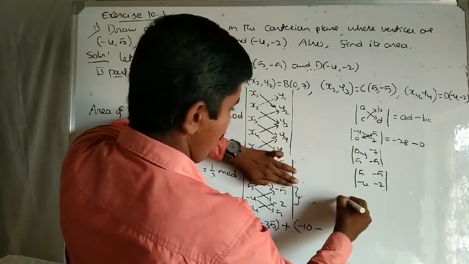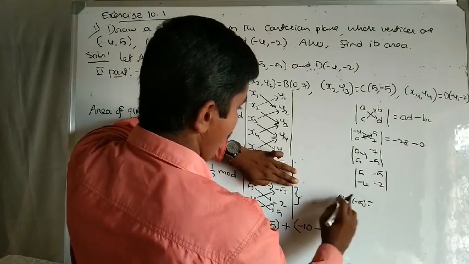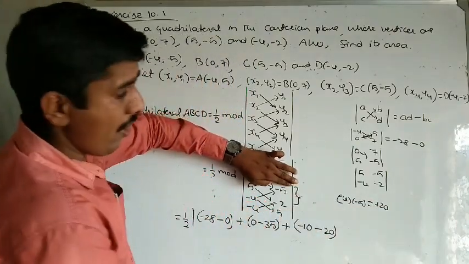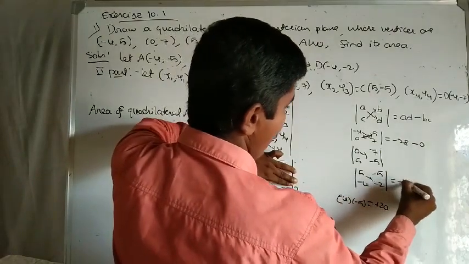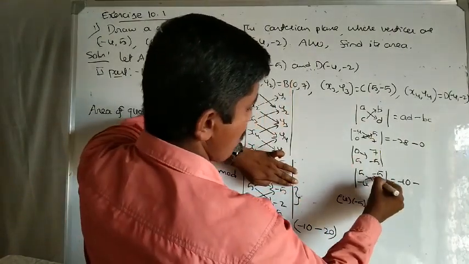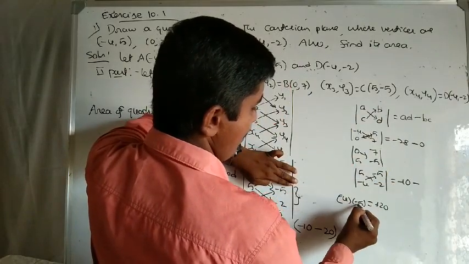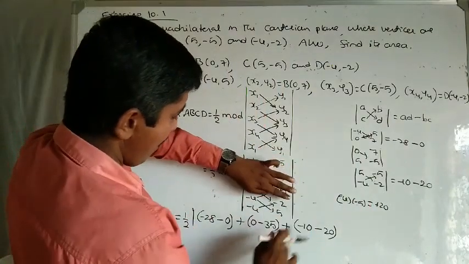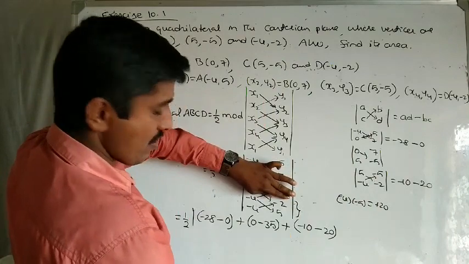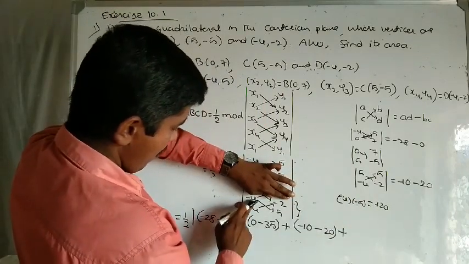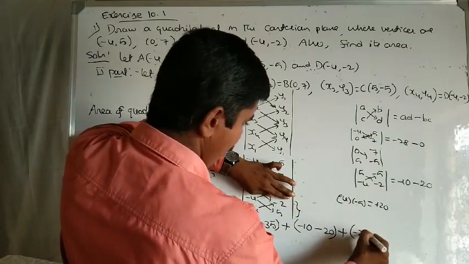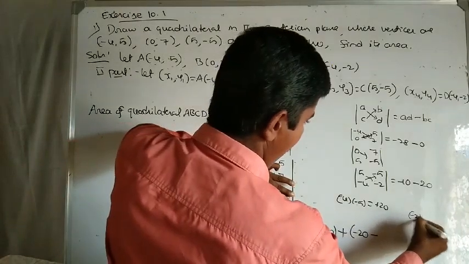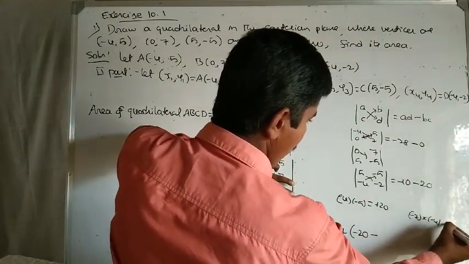Minus 4 into minus 5. Minus into minus is plus, 4 into 5, 20. Here 20. Right, and following here, 5 into minus 2, minus 10. Put minus first. Next multiply these two: minus 4 into minus 5, minus into minus plus, 4 into 5, 20. Again 20. Okay. Next, last one, the fourth one and first one. Put plus. Same here. Minus 4 into 5, minus 20. Minus 2 into minus 4, minus into minus plus, 2 into 4, 8. Put 8.